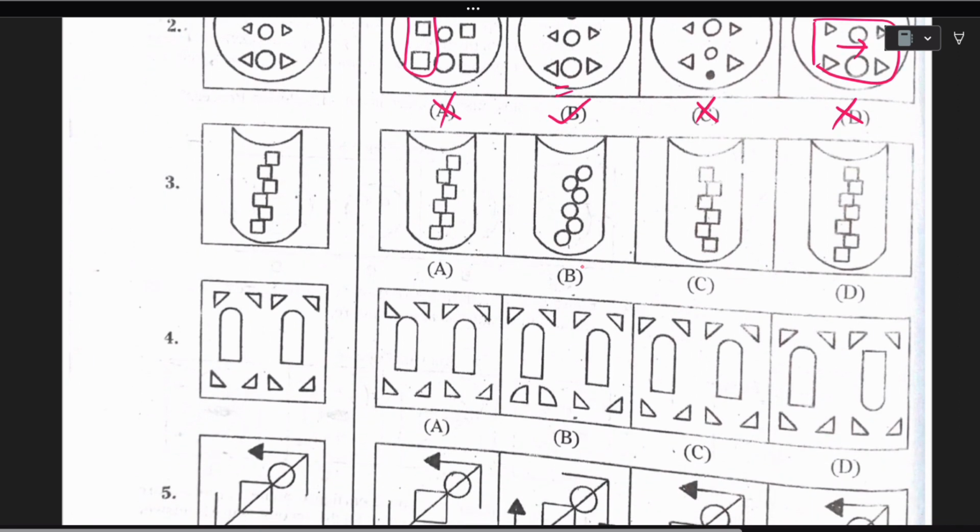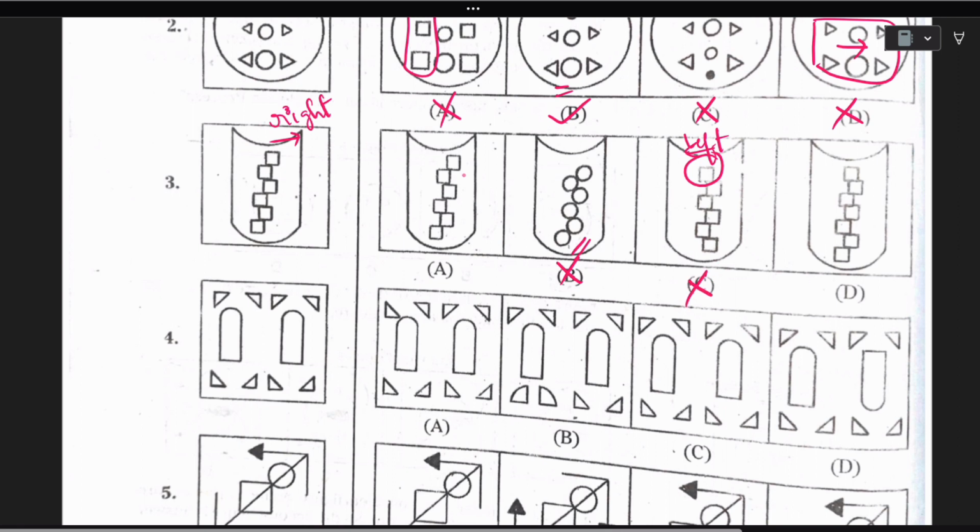And here we have to select the similar figure which is with this. So just look into this, and can we eliminate any one? Yes. Everything is square, but in B these are all circles. So we will be eliminating B first. And then we have to check the direction. The first square is given on the right side, right? So we will see here in C, the first square is towards the left side. So we will eliminate C.